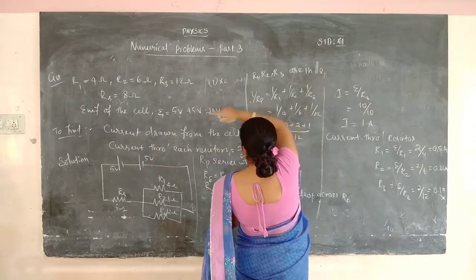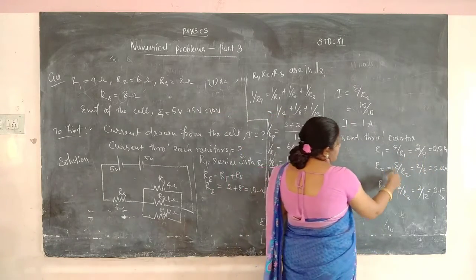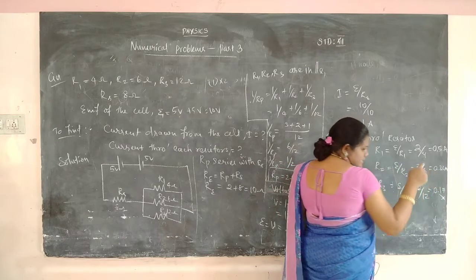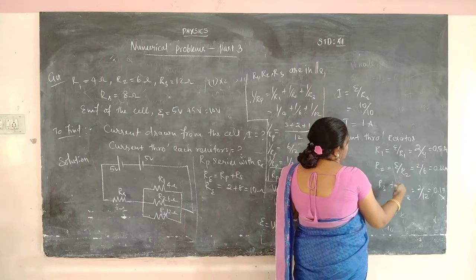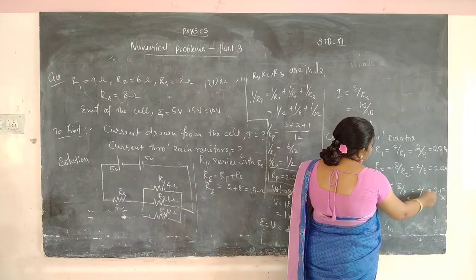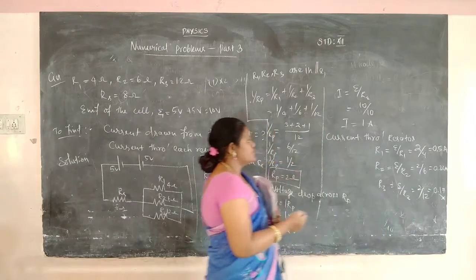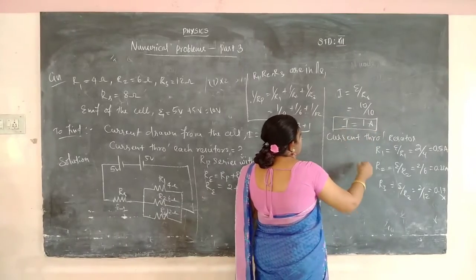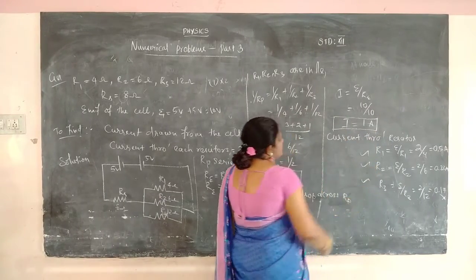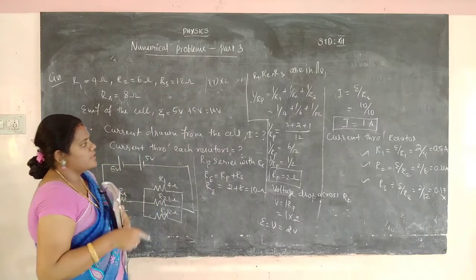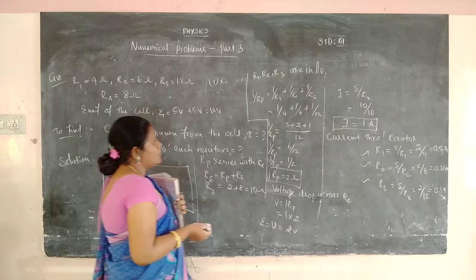4 is the resistance R1, and then R2 is psi by R2. So voltage is 2 volt and resistance is 6, that is 0.33 ampere, and R3 is equal to psi by R3. Substitute the psi value, substitute the R3 value, 12 ohm, so 0.17 ampere. So this is the current that will be drawn through the cell first, and the current will drop across each resistor. What is the current value in each resistor? So R1, R2, R3.